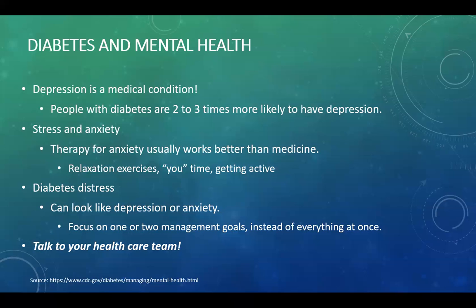So it can be similar to depression or anxiety, but again, this is where we have issues dealing exclusively with all of the different diabetes issues, whether it's scheduling visits, checking our blood sugar, taking our insulin, changing our insulin pump, looking at our continuous glucose monitoring, or remembering the types of medication. My advice here is focus on one or two management goals instead of everything at once, and really talk to